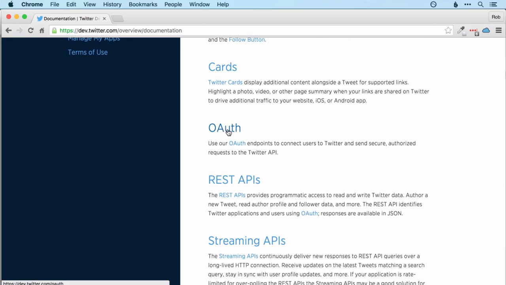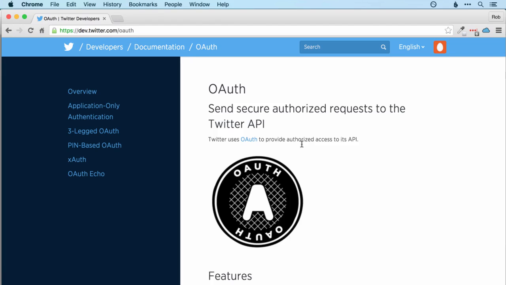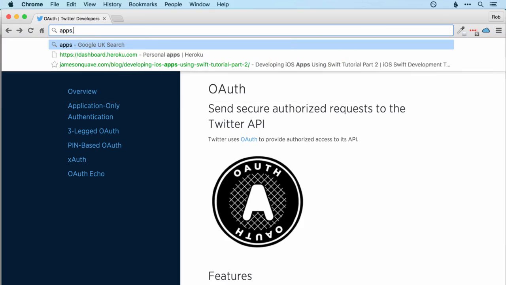The way we're going to be working with is OAuth. So this essentially allows you to authorize yourself as a Twitter user within your app, and that will allow you to view tweets, send tweets, and do pretty much anything else within the Twitter ecosystem. And the first thing you need to do to access the Twitter API via OAuth is create an app. And we do that at